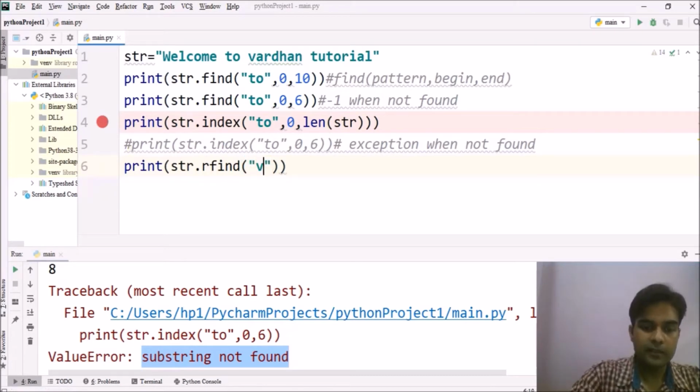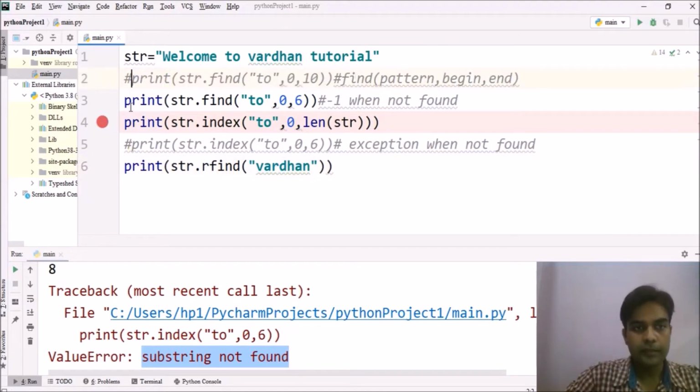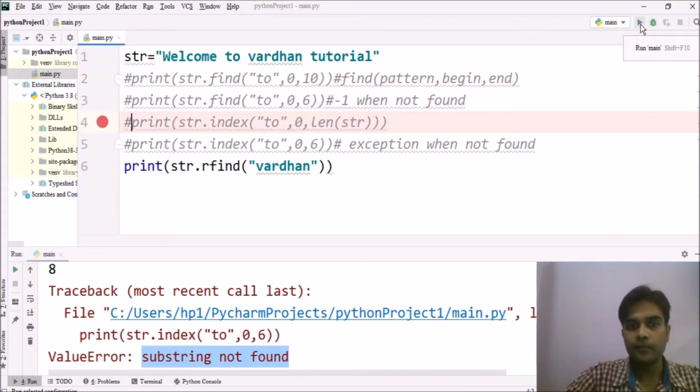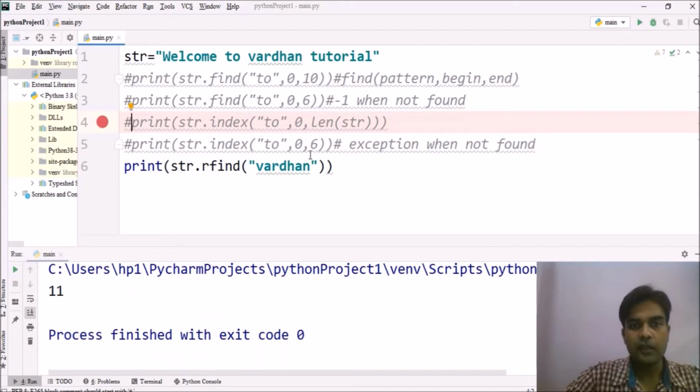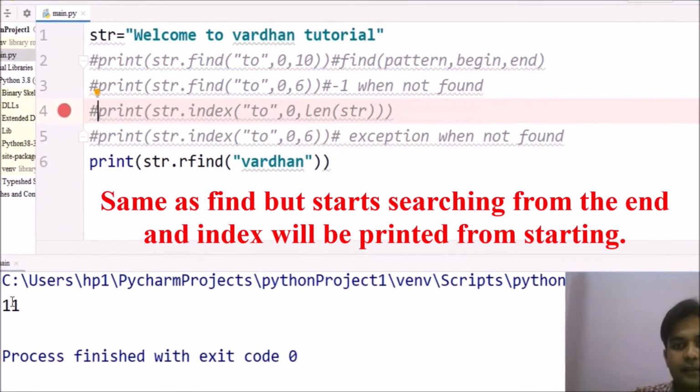Now we are passing Vardhan, so Vardhan will be searched from the right side. Now let's run the code. See, from the right side, Vardhan is found at index number 11.